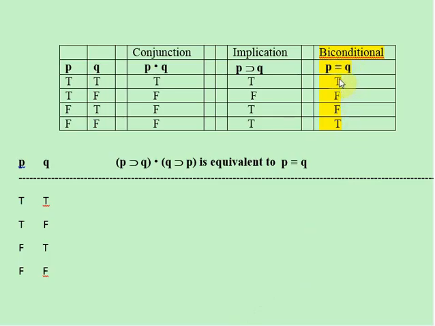So notice that the truth values end up being such that when both P and Q are true, the whole thing is true, and when both P and Q are false, the whole thing is true as well. It's only when the truth values are different, when P is true and Q is false, and when P is false and Q is true, that the truth values are false. That might be a good way to memorize the whole thing. It's basically if the truth values are the same, then they're true, and if the truth values are different, then they're false.